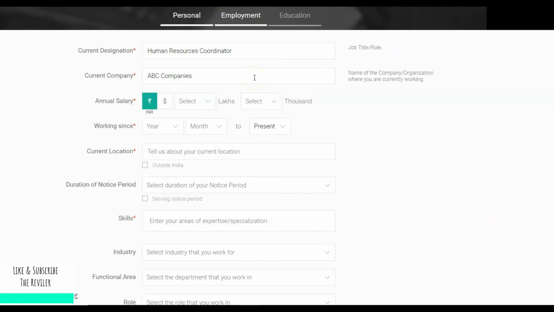Then I'll type here my salary in INR. I'll select here. This is just to give an example. I'll write here 3.5.